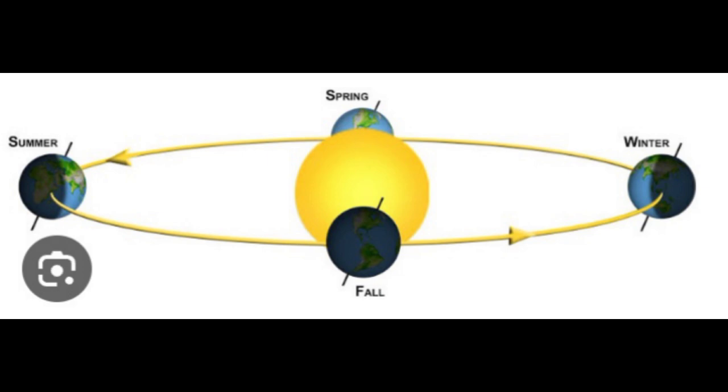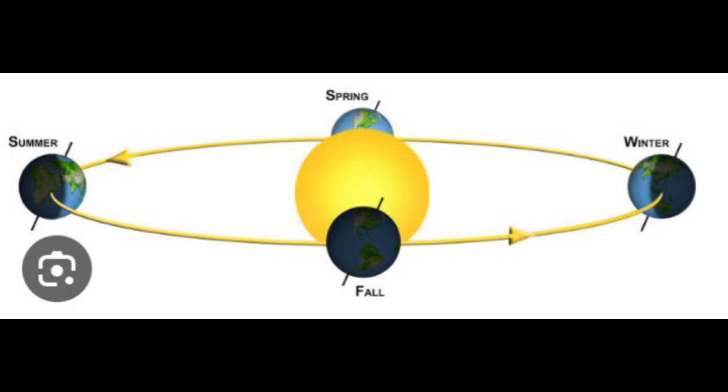Now, for those of you who don't understand this, let us observe the northern hemisphere to learn more about the changing seasons. Now, when the northern hemisphere points towards the sun, rays directly strike the northern hemisphere, thus causing the temperature to increase, resulting in summer season in that region. However, when the northern hemisphere points away from the sun, rays fall slanting on it. Thus, the temperature decreases, resulting in winter season in that region.